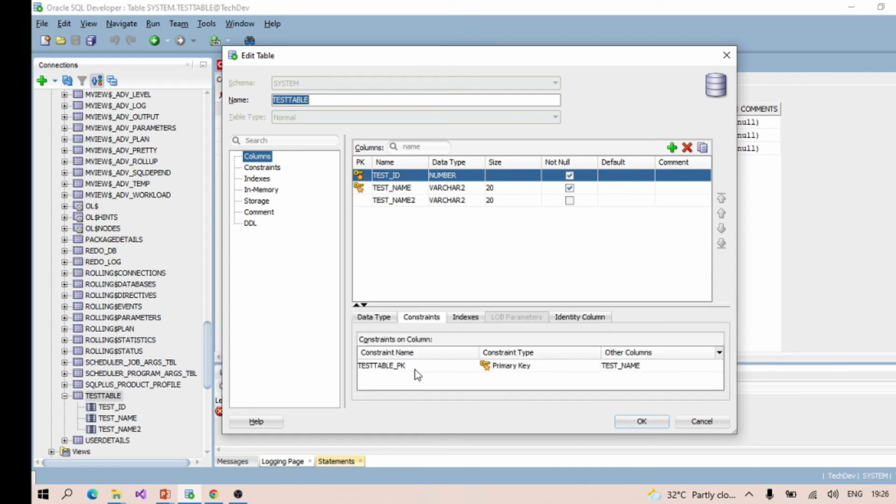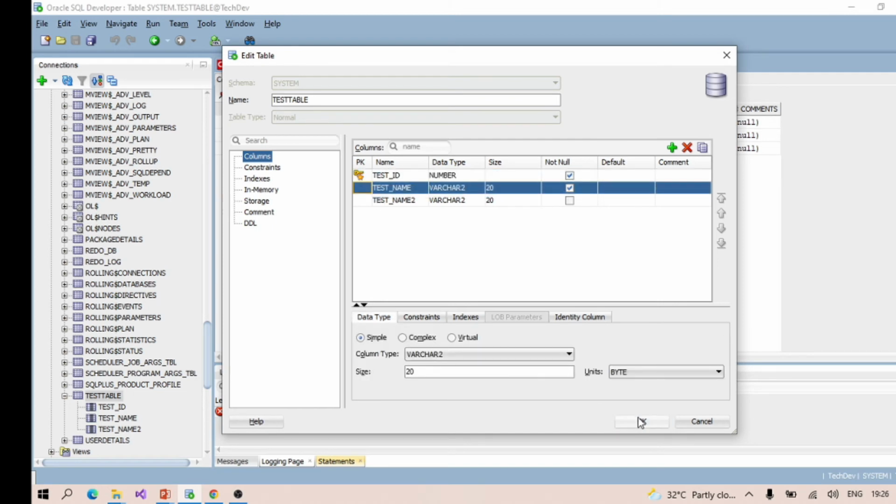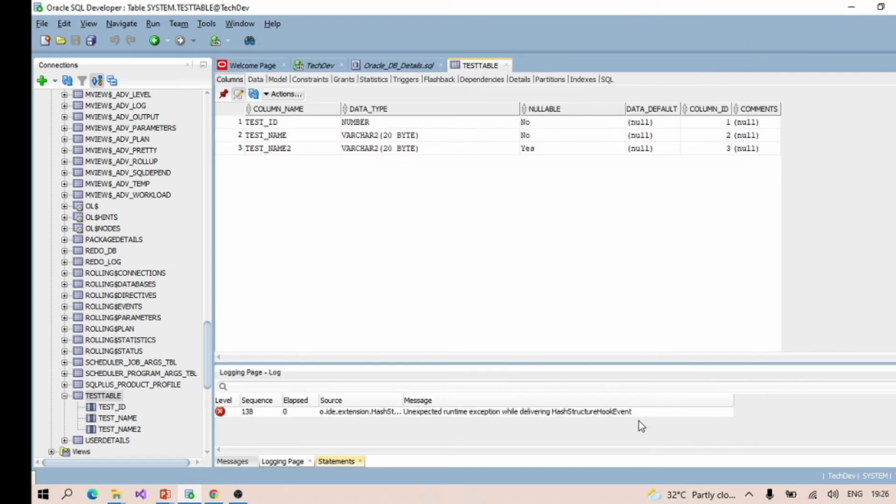See, only one primary key is added, not the second. The second one I chose is added, and the first one has been overwritten. So at a time we can add only one primary key in a table, and that primary key is going to be used as the primary identification of that particular record.